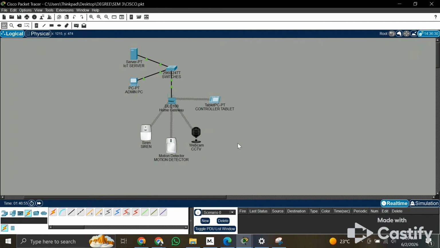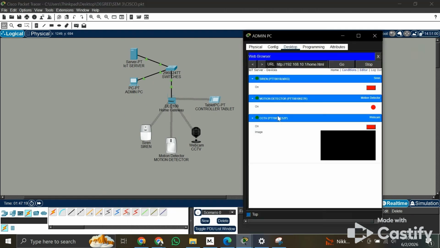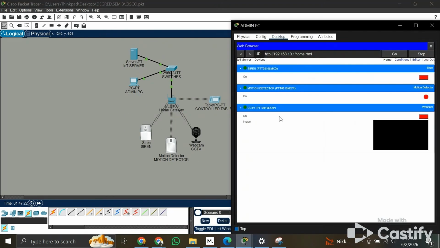Okay, another challenge that I want to highlight that I faced during this project is that I kept getting request timeout errors and server reset connection messages. I kept getting that message when I wanted to open the web browser. In this web browser, I kept getting request timeout. At first I was confused and didn't know how to troubleshoot it, but after rechecking